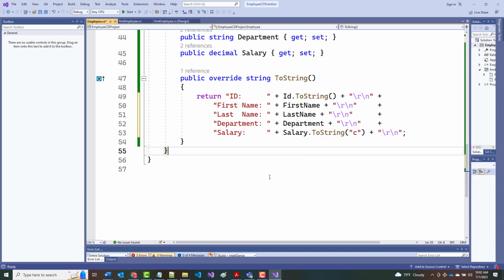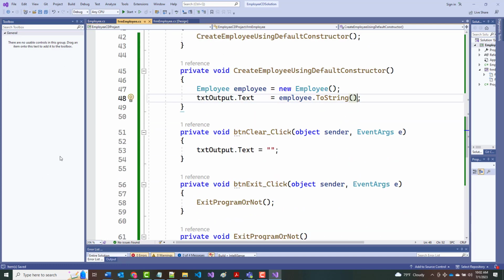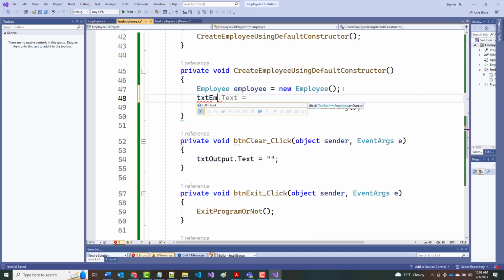Okay, now let's try it. And we see if we get an ID that's got a 0 in it, a first name heading with nothing, a last name heading with nothing, a department heading with nothing, and a salary heading with 0.00. Let's see if that works. All right, so let's do a file, save all. And what I'm going to put here, there's nothing wrong with what I have, but let's put here txt employee dot text